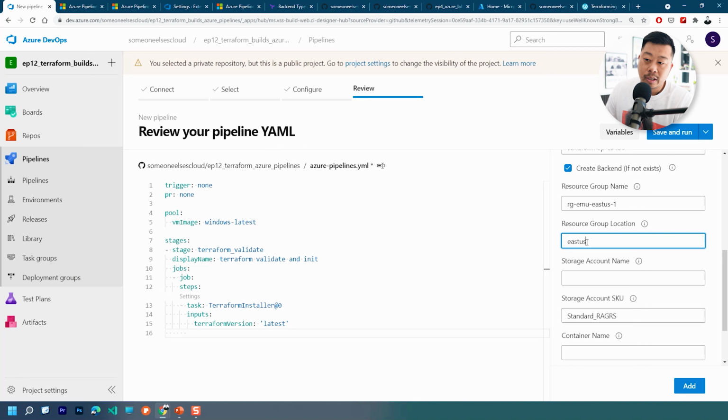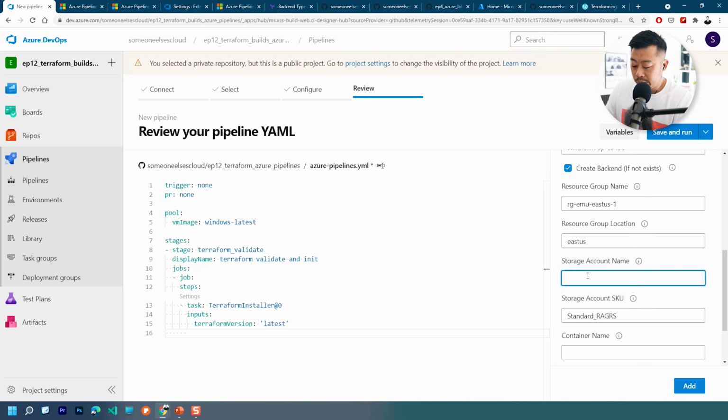So I'm not actually going to run this, by the way, because I've already got one set up. But I'm just showing you, I guess, how to set this up. So if we just say SA, so account, just giving it whatever name. And then you need to basically have a container name. So we'll just call it TF state. So this will create a container in the storage account. And then you need a key. So the key will actually be the name of the Terraform state file, I believe. So if we just call this